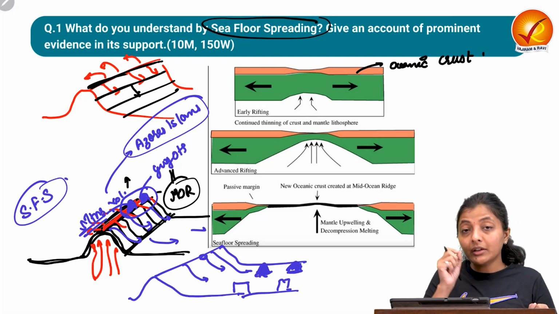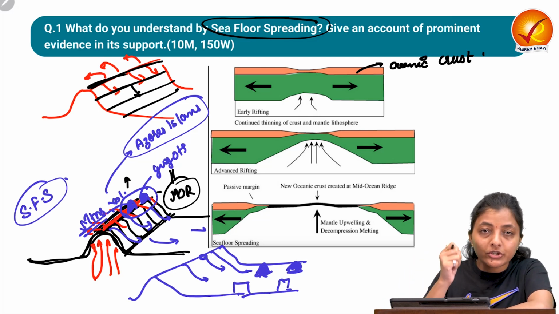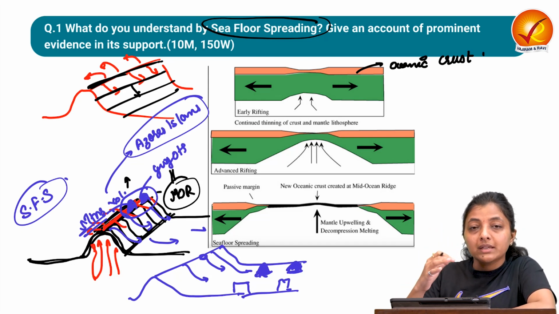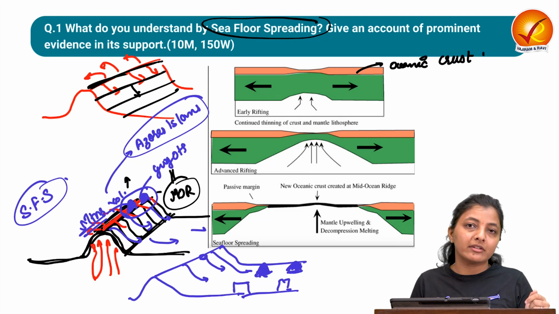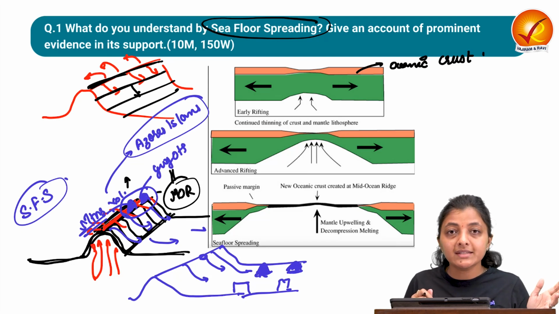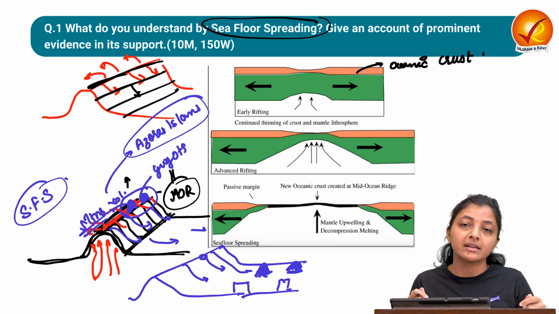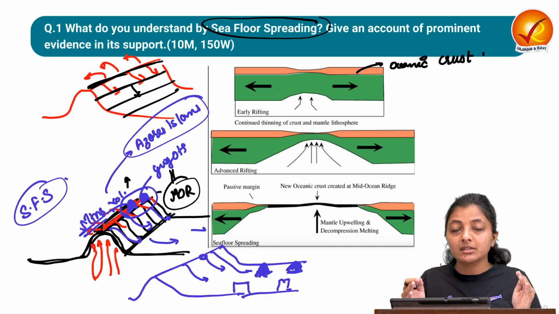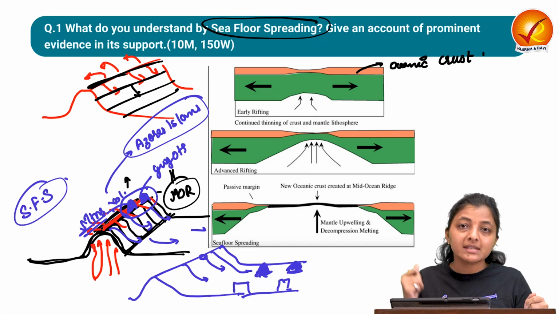Now one of the major prominent issues at that particular time was that if the ocean floor is expanding at this particular level, but we did not have any evidence that the surface area of the earth is increasing, it means this expanded new oceanic crust should be destroyed somewhere else.